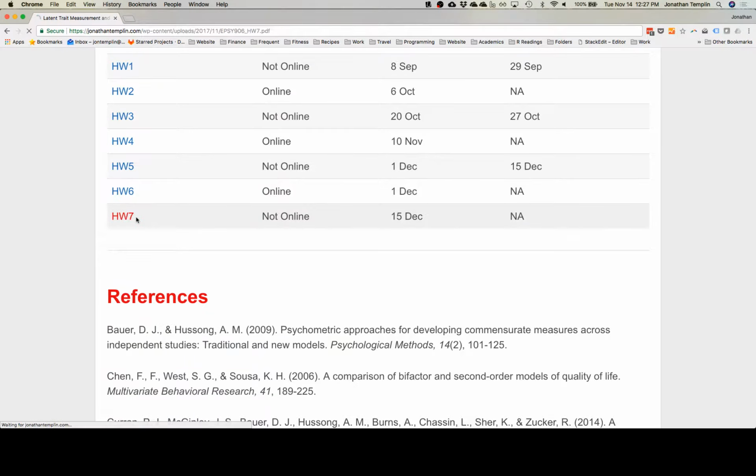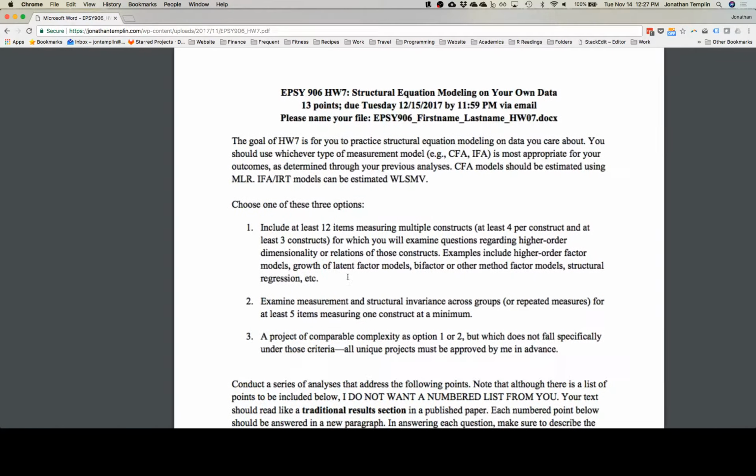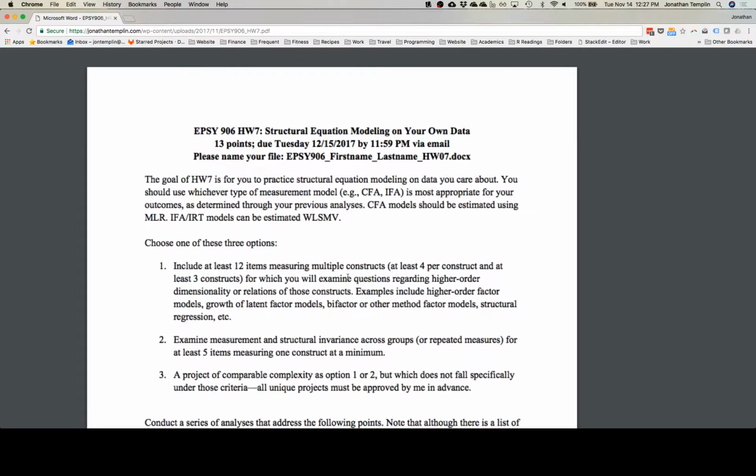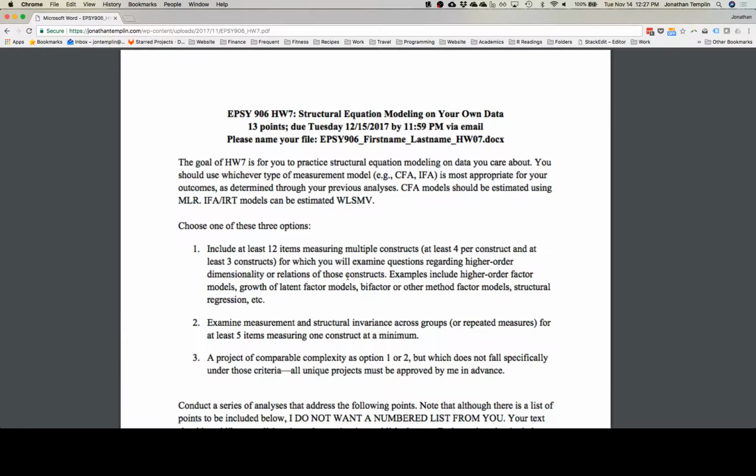And then homework 7 is, I debated having this be optional, but I think I just want you to have some type of practice with doing some type of structural equation model. There's lots of ways that you can do this. You can take your data and do a measurement invariance. You could take your data and do a structural model, which we haven't gotten to, which is the thing after we get past invariance. A path model with the latent variables, a path model with the observed variables. However you want to do it, an actual structural equation model is the last one.